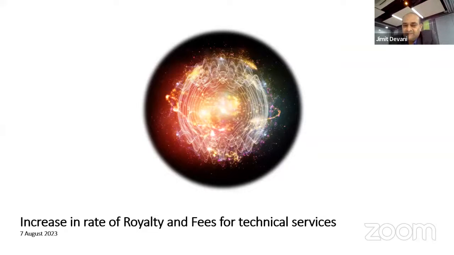So maybe just taking it to what the amendment is and why this amendment has been brought in. Now we are all aware that today, if any foreign entity earns royalty or fees for technical services from an Indian entity, they used to be taxed in India at 10% plus surcharge and cess, effectively 10.92%, being the highest rate of surcharge. They were taxed in India at 10.92% on a gross basis. And that was already there.